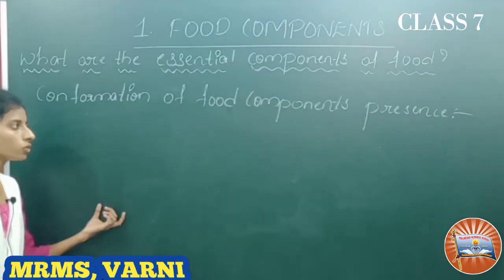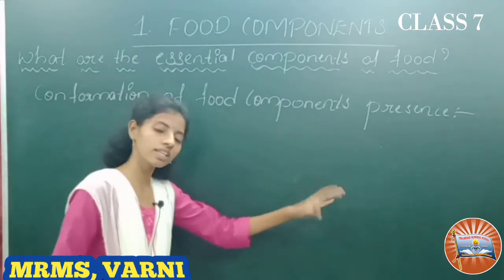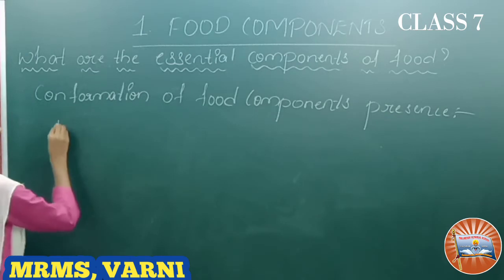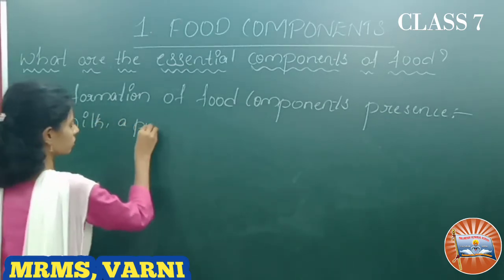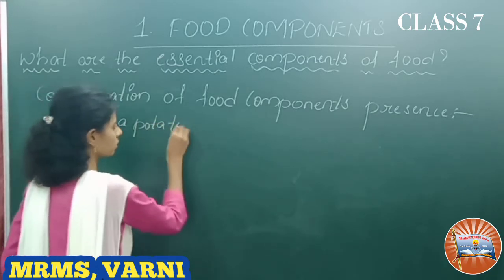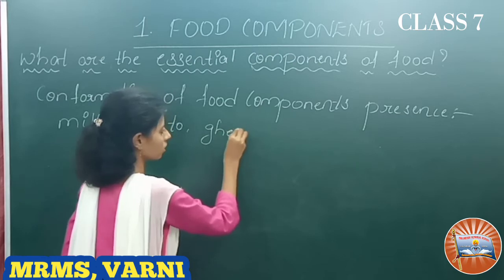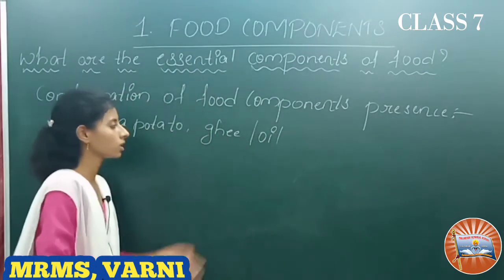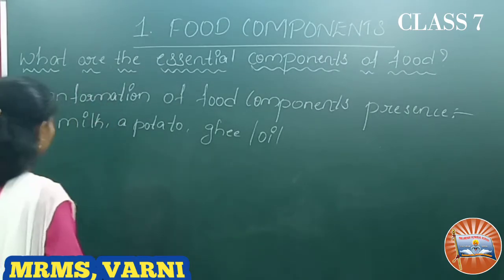To confirm whether the food components are present in each and every food item, we need to take some food items: milk, potato, and a little amount of ghee or oil. And we also need to take a